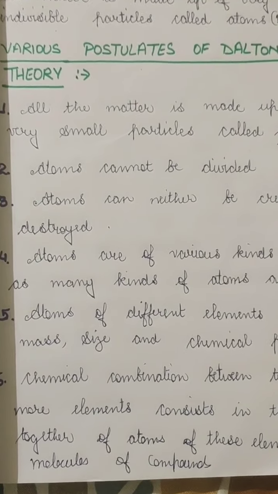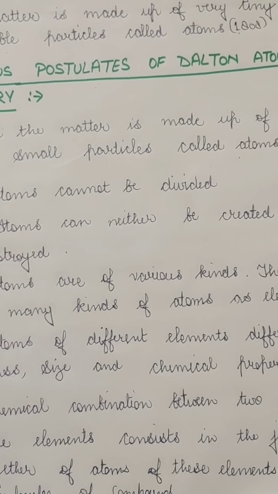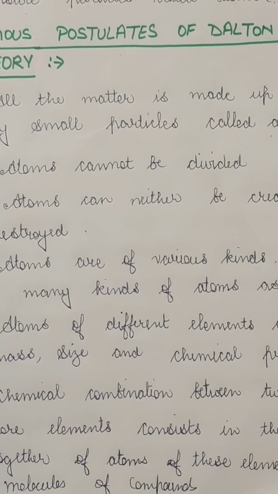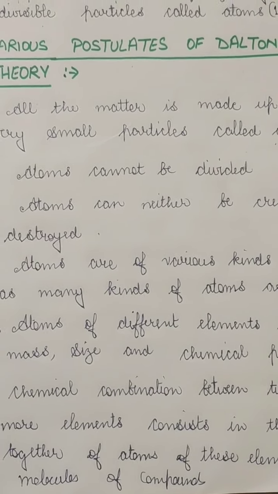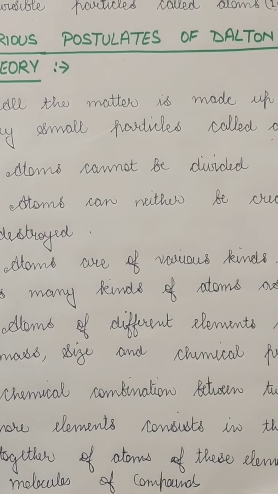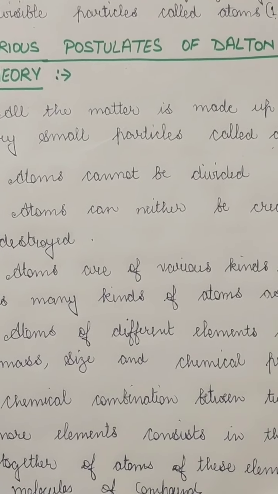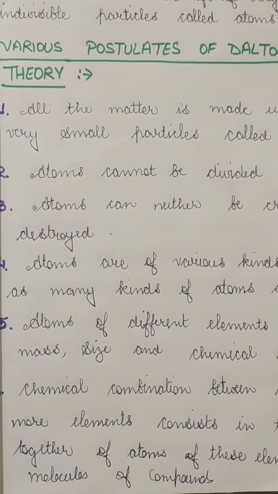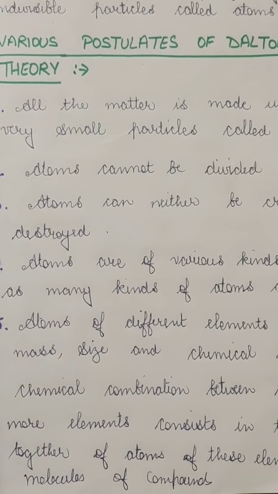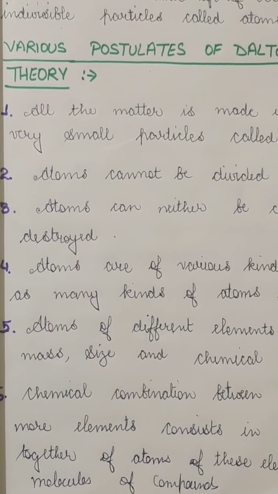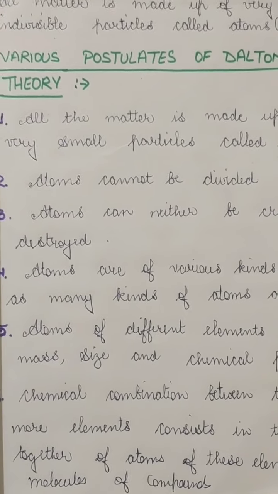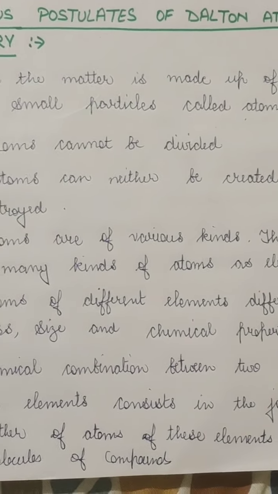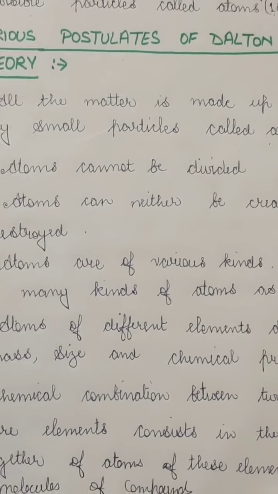But after he gave the theory, there was a lot of speculation on it. Many scientists were examining this theory, and it is known that some of the statements of John Dalton's atomic theory were not exactly right. So there were some drawbacks. That means they were not true and became false because his own statement does not fulfill the thing which he was saying.